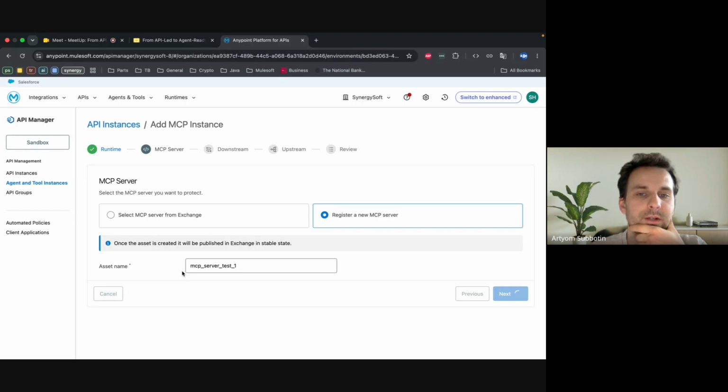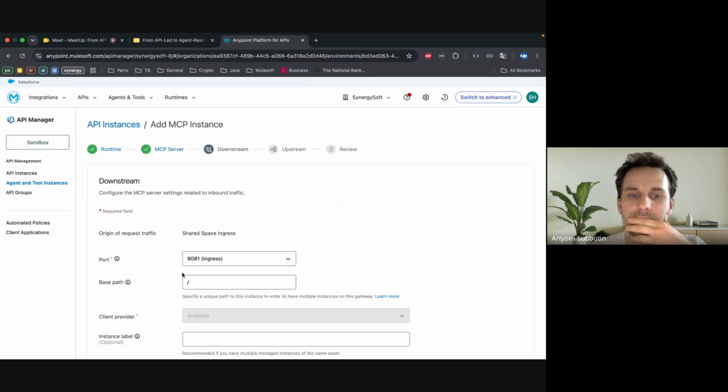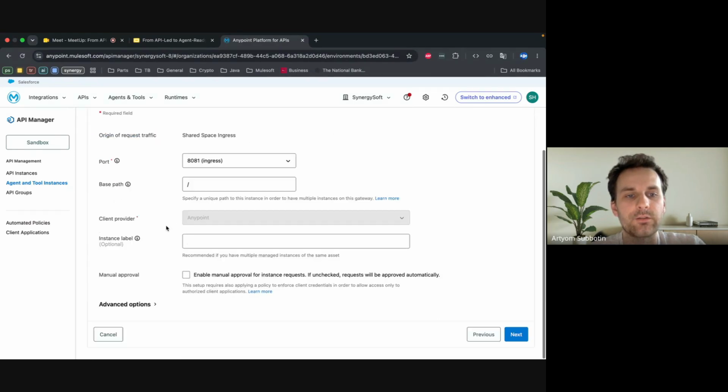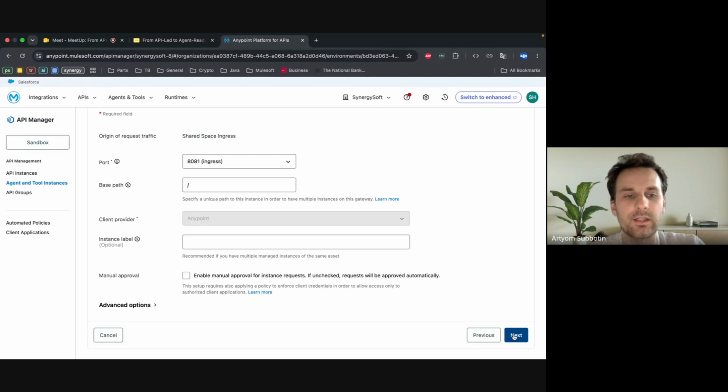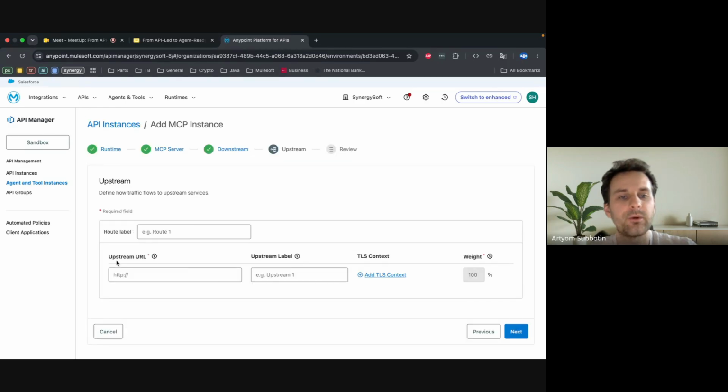Then what will be the next step? Next step is just downstream configuration. We are not changing anything here. Going to the next part. Here we need to update the upstream URL. The upstream URL is the URL of our MCP API.